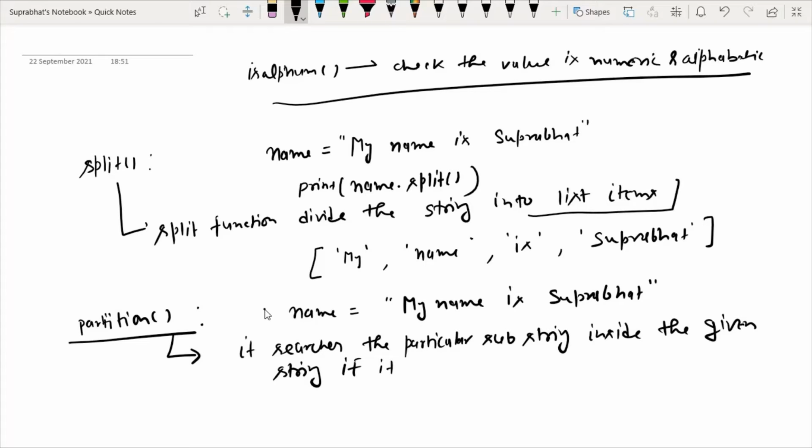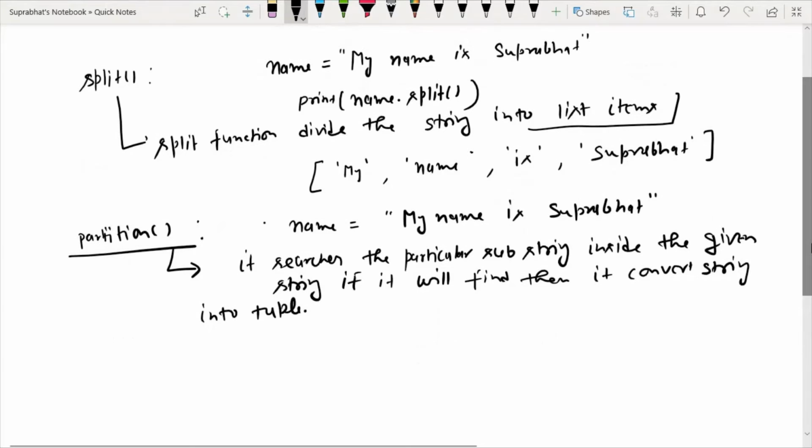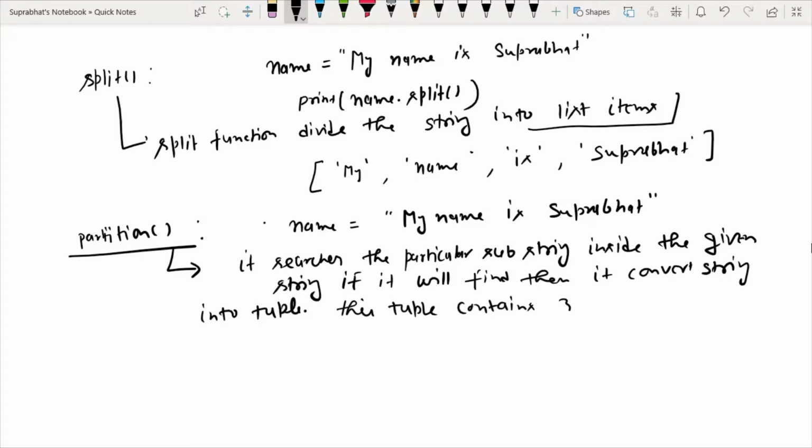If it finds it, then it converts the string into a tuple, and this tuple contains 3 items.